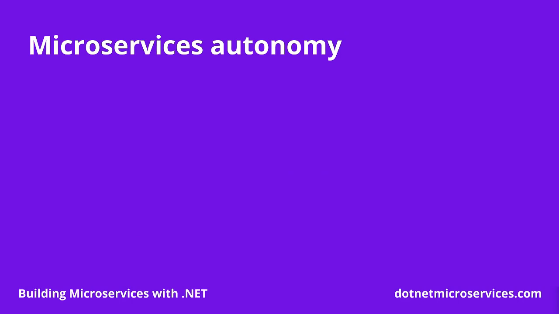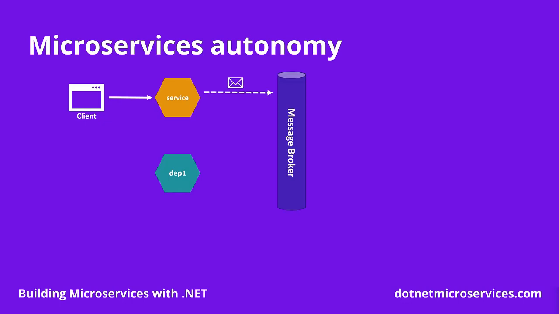One of the key benefits of using asynchronous communication is that it enforces a microservice's autonomy. Let's see how it's enabled. In a single receiver scenario, we would have again our client talking to our service, but our service will not talk to its dependent service. It will instead send an asynchronous message to a broker,